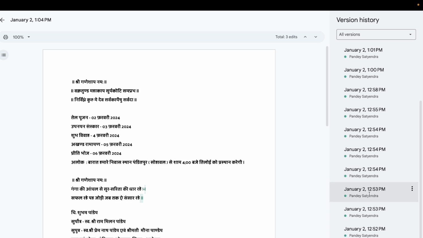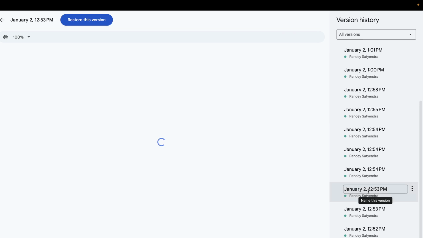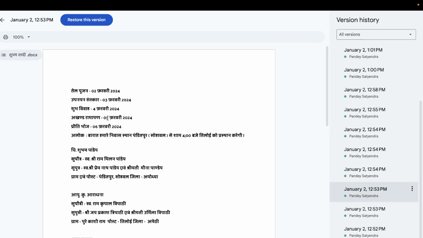Okay, so if I want this version, January 2 12:53 p.m., if I click here, then it will load that particular version, and if you want to restore it, you can simply click here to restore this particular version. So this is how easily you can see the edit history, and you can also restore a particular